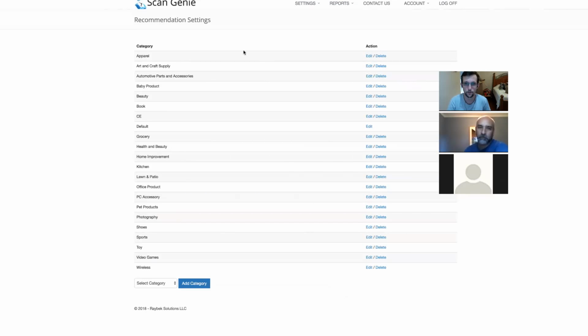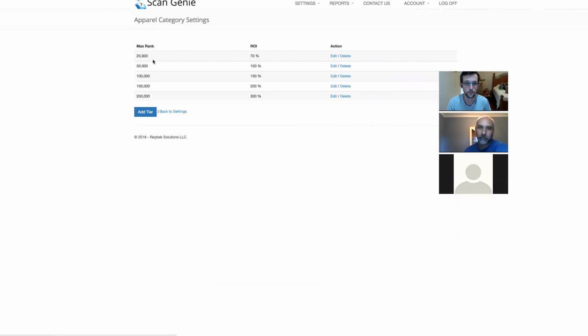So what does that look like on the inside? Let's look at apparel. The way that the parameters are set for apparel: if I scan something that's ranked 20,000 and below, it needs to yield at least a 70% ROI for me to buy it. So Genie will find an item that's ranked 20,000 and below whenever I scan it, and it'll say, in order to get 70% return on your investment, you need to buy this product for X amount. You then look at the sticker price of the product, and if it matches or is above